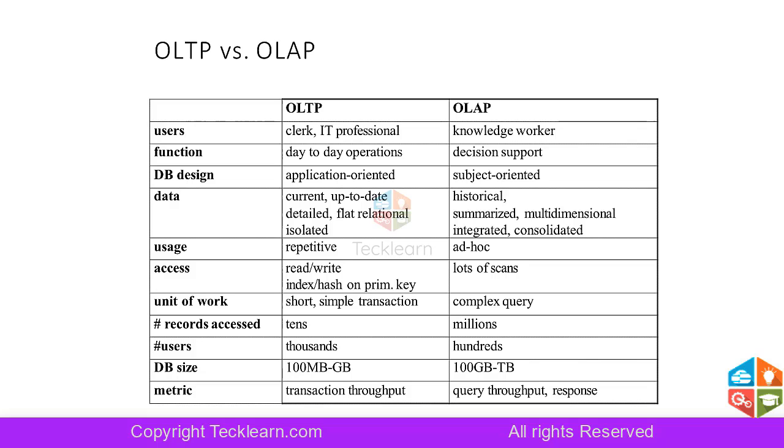Latest means that it shouldn't be like 1 year old. It can be at most a week or a day old, but it should also be updated at regular intervals. This is where most of the packages are developed. ETL packages are developed, taking data from OLTP to OLAP at regular intervals. This is where the packages are built, which will run ETL solutions overnight or fortnightly, to load data from OLTP to OLAP.